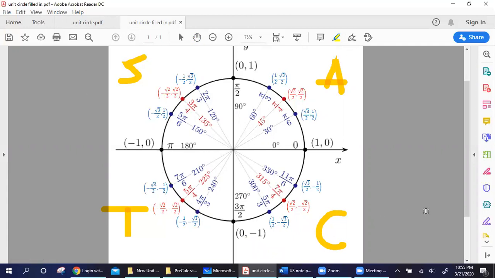And so basically what you have are the same two triangles just repeated over and over again. I'm either looking at a 30, 60, 90 triangle here,